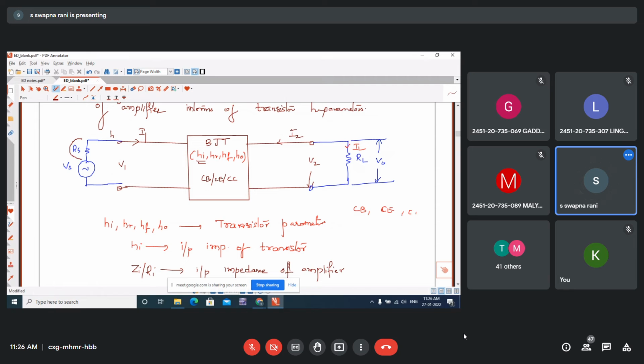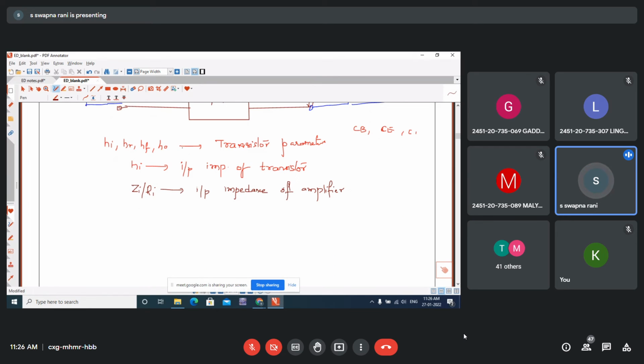Because of RS and RL, which are connected externally, the input impedance, ZI or RI, will be different from HI. So HI is the input impedance of the transistor, and RI or ZI is the input impedance